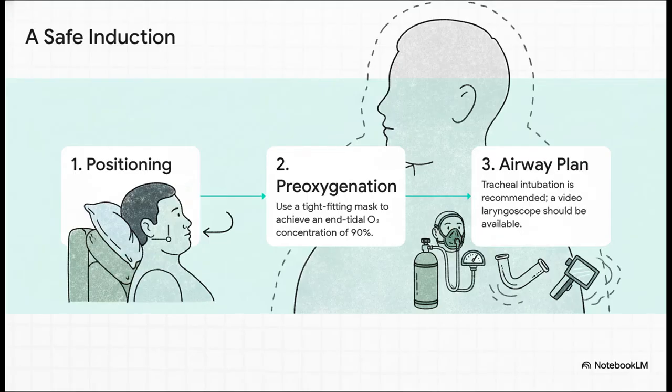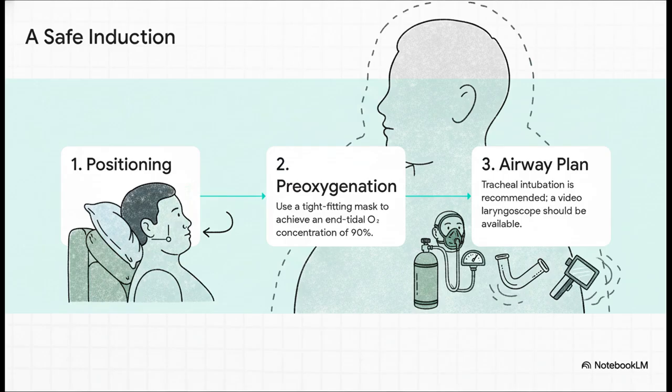Okay, a safe induction is everything, and it really comes down to 3 key steps. First, positioning. This is huge. We induce the patient in the ramped position, building them up so their ear is level with their sternal notch. This uses gravity to help us. It pulls all that abdominal weight off the diaphragm, which makes ventilation easier and gives us a much better view